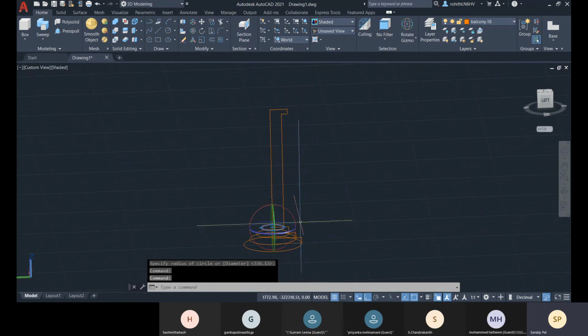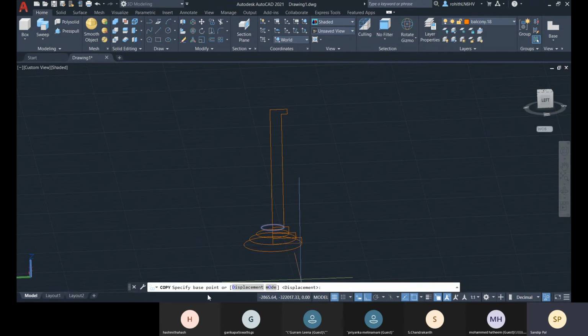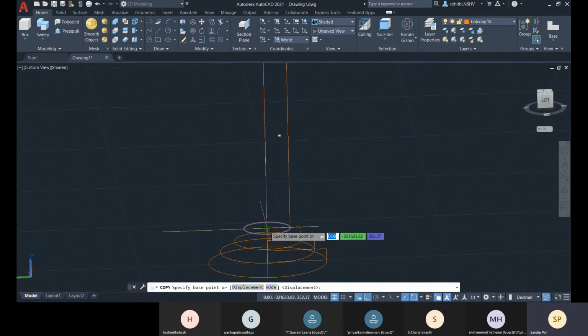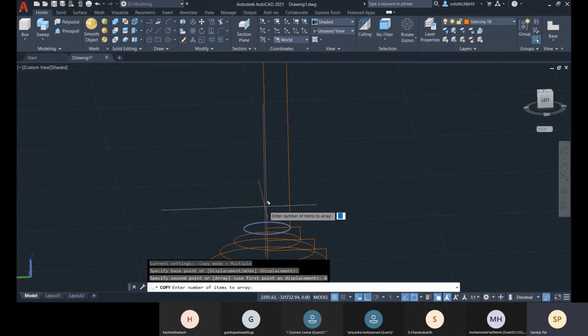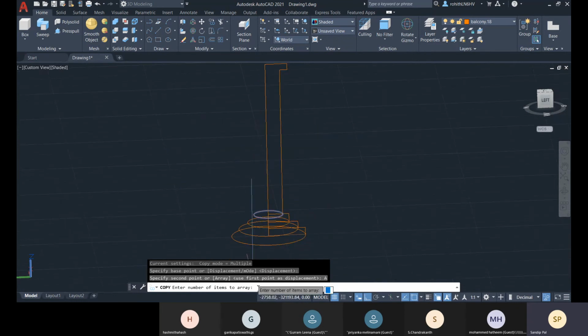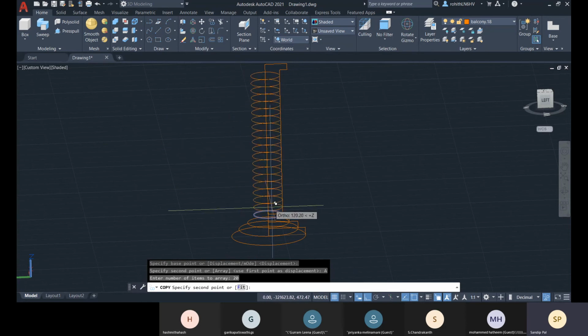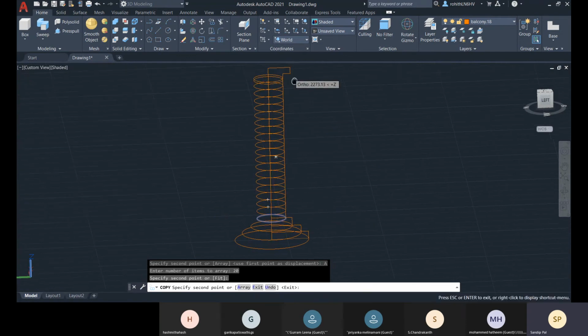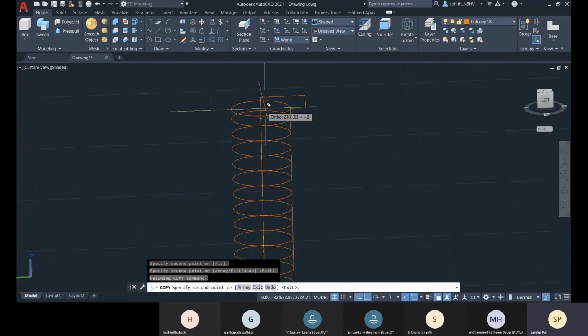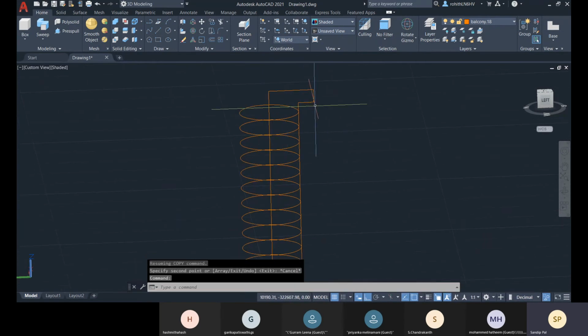Okay, and for this one, I'll copy with this as a base point, and then array, you can go for 20 number of objects, enter, and then this as yes, and for the next one you can place it or not, doesn't matter.